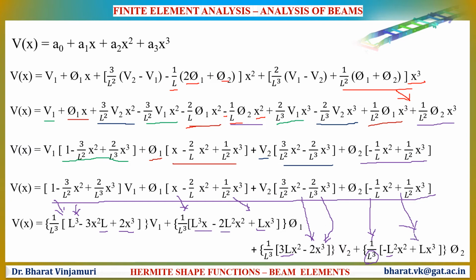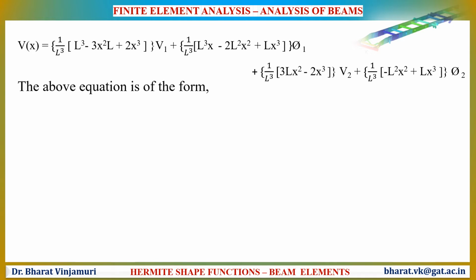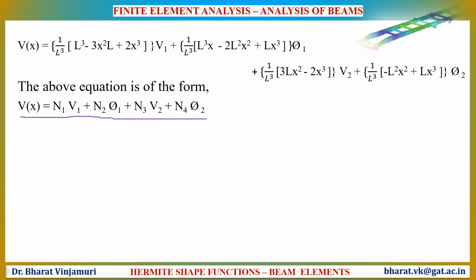This is the equation of the form N1 V1 plus N2 pi 1 plus N3 V2 plus N4 pi 2. So this equation is of the form V of x is equal to N1 V1 plus N2 pi 1 plus N3 V2 plus N4 pi 2,